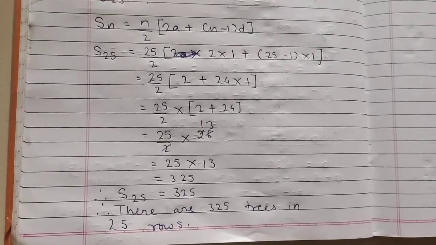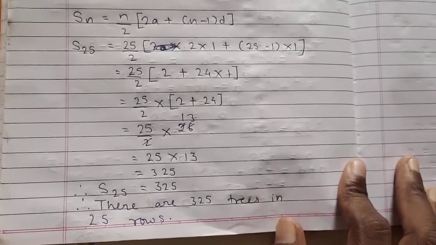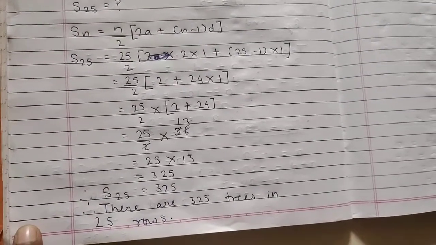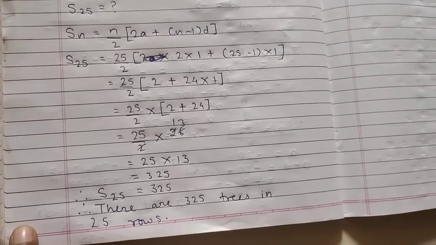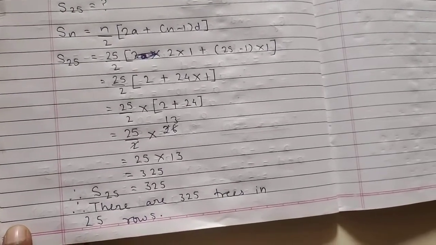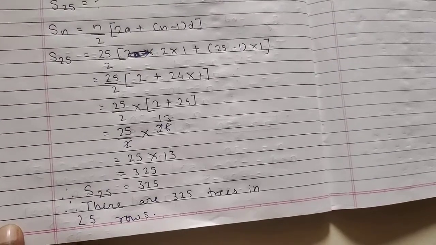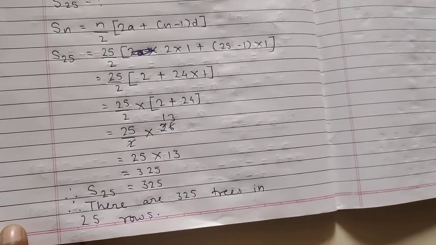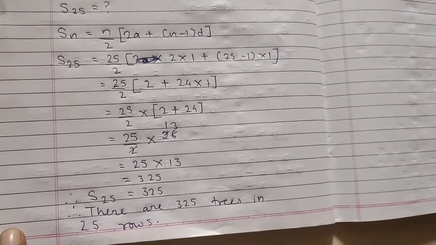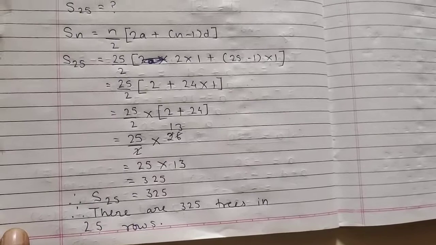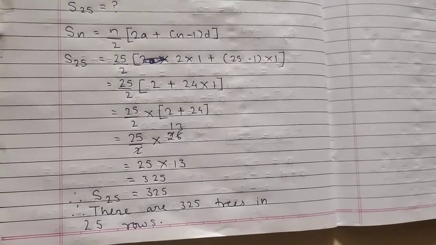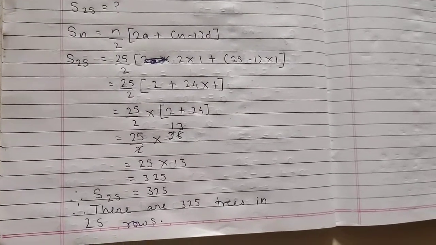So students, in this way I have completed the remaining 3 questions of this exercise, and this completes our third lesson, arithmetic progression. Now students, it is your responsibility to solve the problem set of this chapter, and if there is any doubt you can ask me. Okay, so for today I am stopping my lecture. In the next lecture we will start a new lesson, that is lesson number 4. So for today that's it. Thank you.